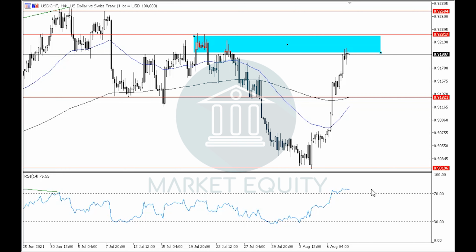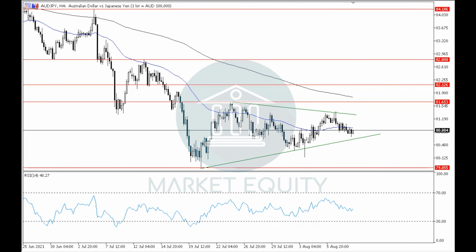Let's move on to the Australian dollar versus the Japanese yen. The pair is moving in a downtrend in the 4-hour time frame and has recently formed a symmetrical triangle, where it is currently being traded around the lower boundary of it, which by breaking down through it will support the continuity of the downtrend in the 4-hour time frame, which will then continue to target around level 79.85 and then